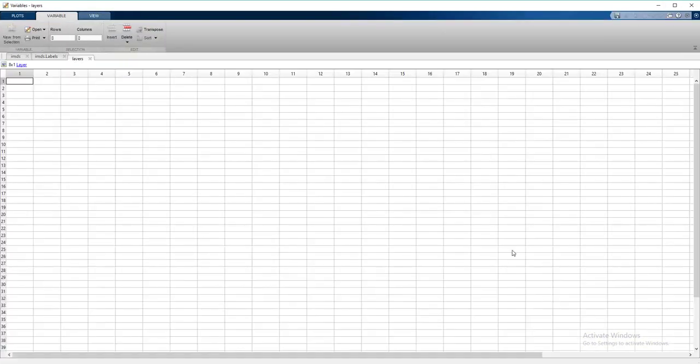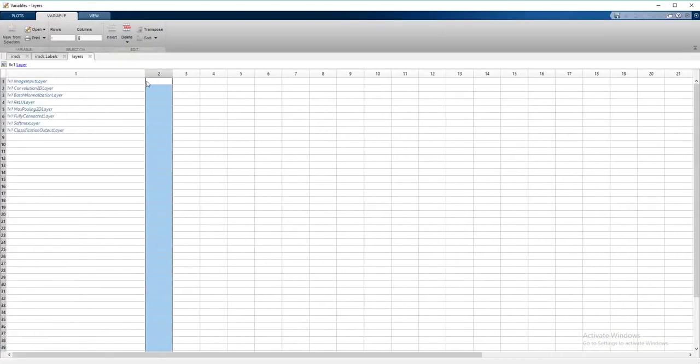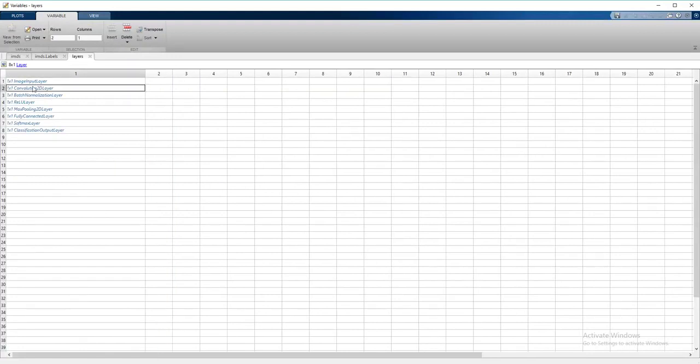You have a layer like this containing 8 layers. First is the input image, second is the convolutional 2D layer, third is batch normalization, fourth is the ReLU layer for non-linear activation, max pooling for downsampling the image, the fully connected layer to make the n-dimensional input one dimensional feature size, the softmax layer is used prior to the classification layer, and finally the classification layer maps the input feature to the label, the number of classes available in the dataset.